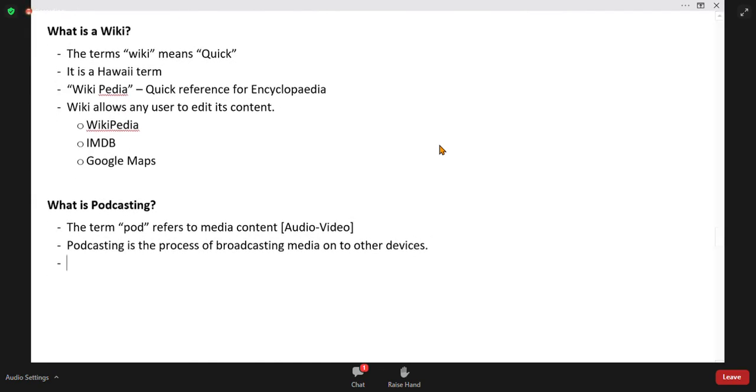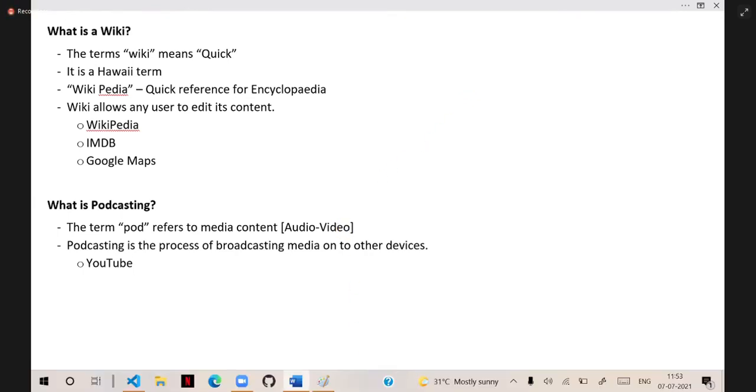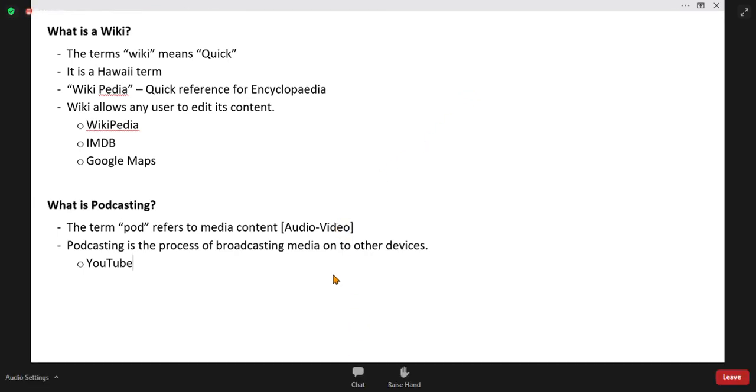The best example is actually YouTube. I hope you people know that. You can open YouTube on your laptop or on your mobile or desktop, anywhere. When you open YouTube on your mobile, do you know the YouTube video that you are currently watching on your mobile, you can broadcast onto a smart TV.